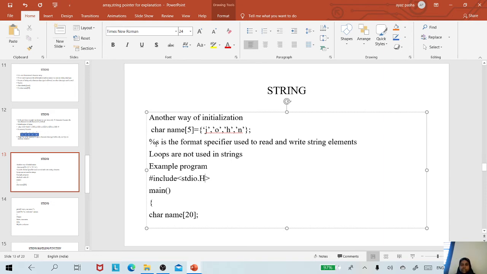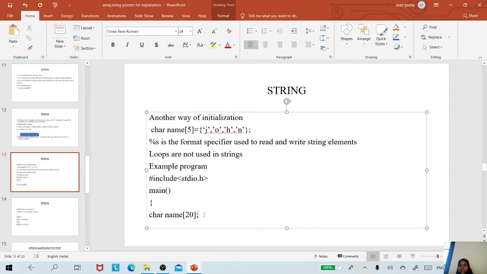Just as you use %d as a format specifier to hold integer data, similarly we are using %s to hold character data. The program begins with the header file stdio.h. You can also include other header files based on the functions used here, and the main program starts.